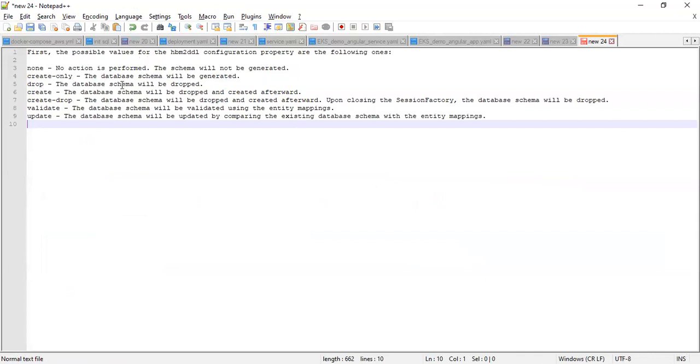With create only, the database schema will be generated. With create-drop, the database schema will be dropped. The database schema will be dropped and created afterward. So every time you create, the older schema gets dropped and you are creating a new one. So if you are trying to select on that again,